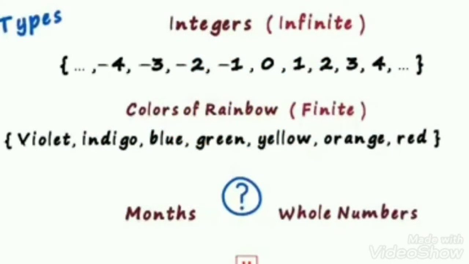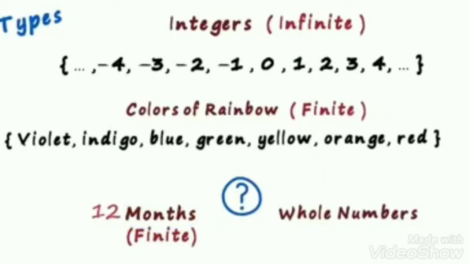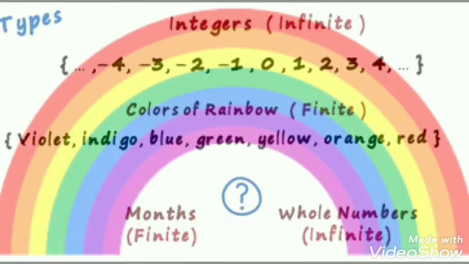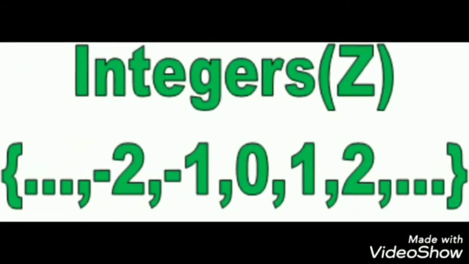Now have a detailed look at these both types. The question is, make a set of integers. We may start from any integer, maybe -4, -3, but our list will not come to an end. Colors of the rainbow, names of countries, names of planets, the past prime ministers of India are all finite sets. Sets of whole numbers, irrational numbers, computable numbers, and other numbers make up infinite sets. There are many other examples which we can see in our daily life. So we should be attentive and aware of our surroundings to strengthen our logical and conceptual skills.